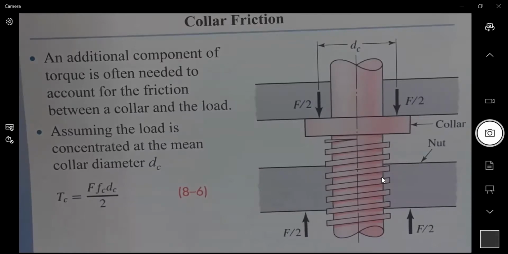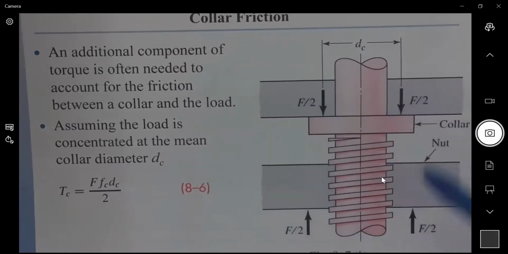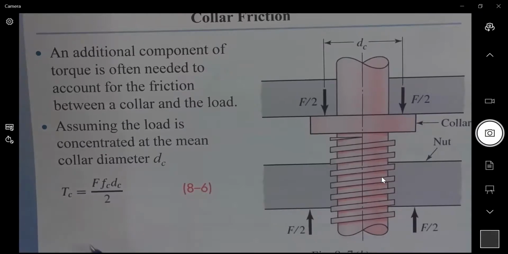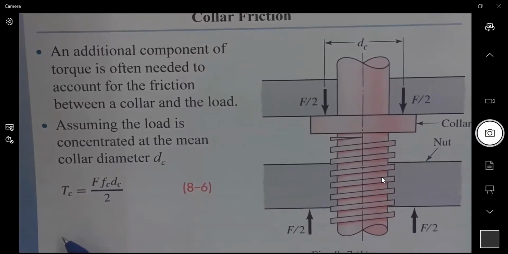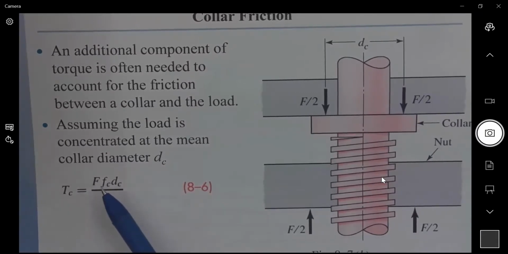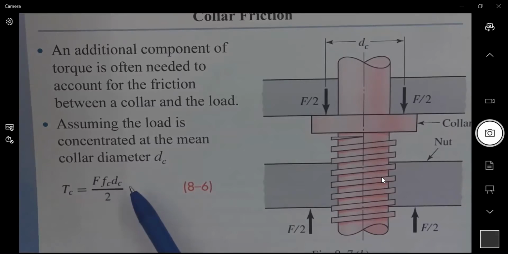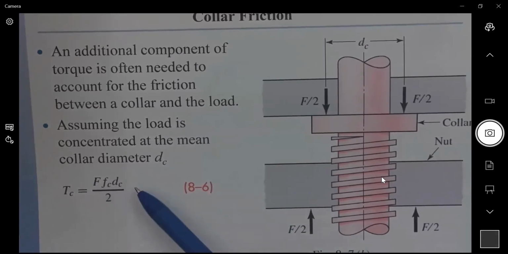So assuming the load is concentrated at the mean collar diameter, we have this additional torque, TC, that is equal to the force multiplied by the friction coefficient between the collar and the load, multiplied by the diameter of the collar,